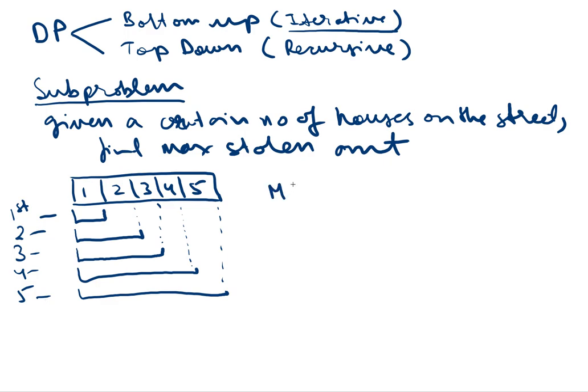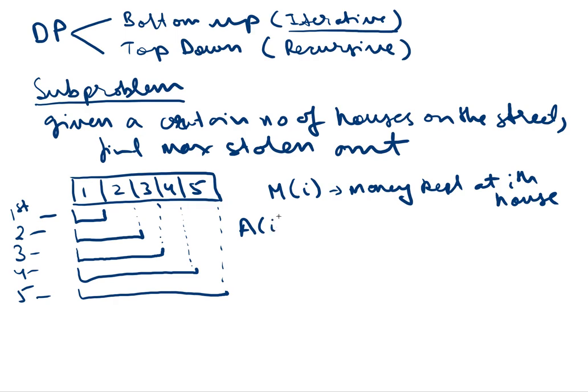So first will be, say, mi, which is nothing but money which is kept at a particular house. So money kept at ith house, and this is nothing but given as input to you. So you already have this function in a way in form of the input array which you are getting. And then the other important function is ai, which is the maximum amount of money which can be stolen,